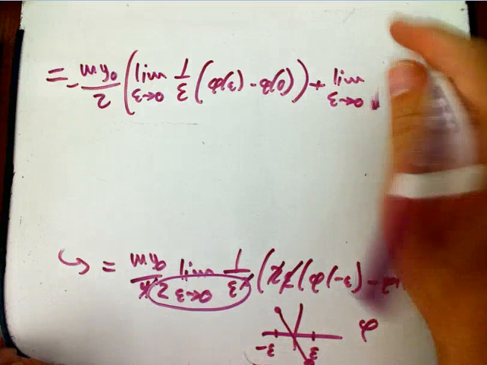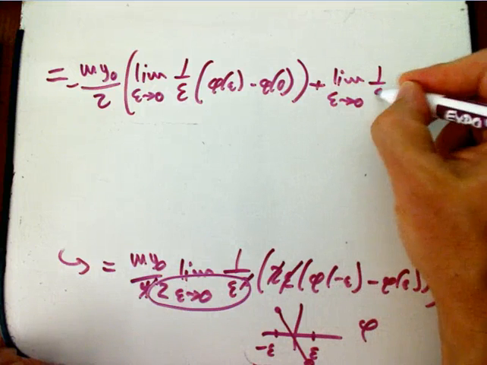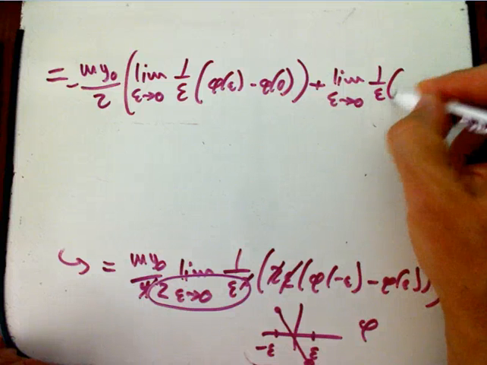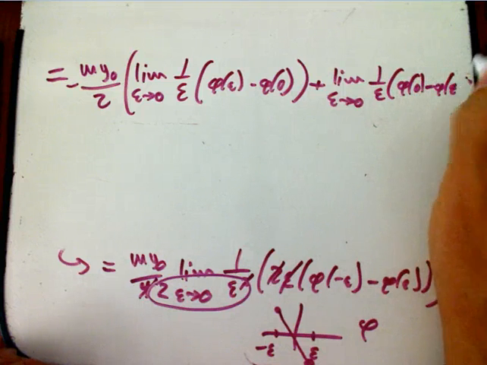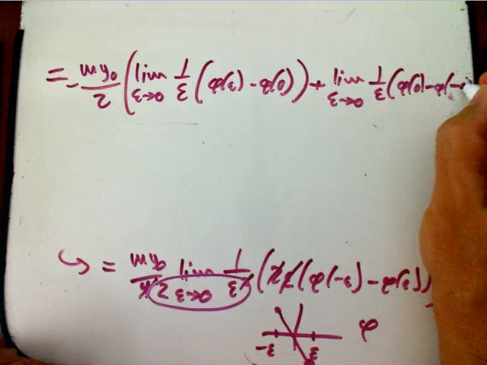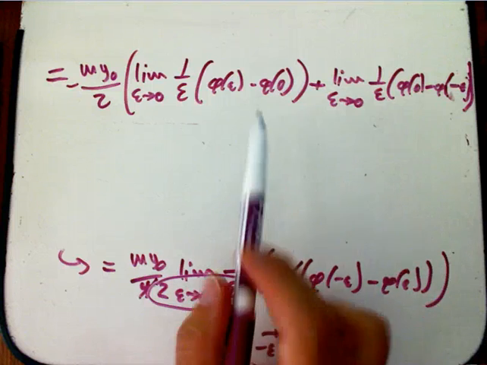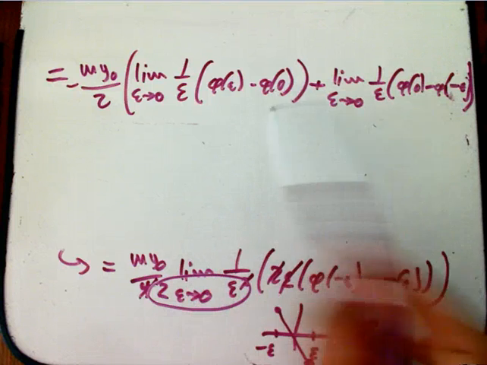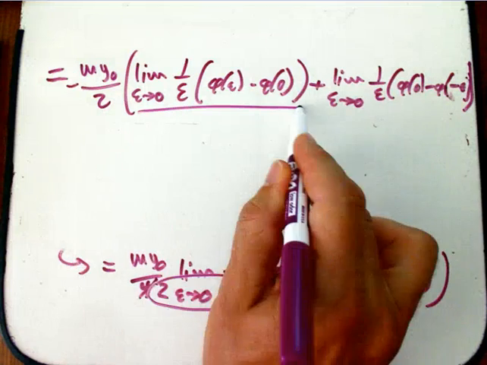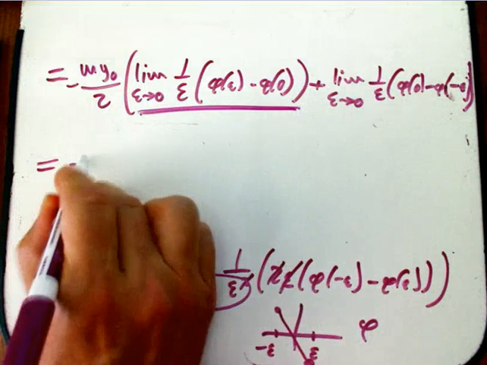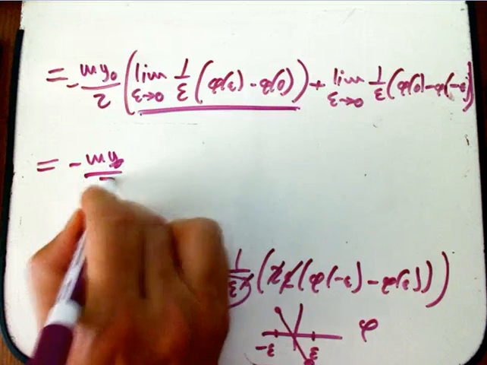So if you're thinking, I'm not sure, I know it looks like a secant slope, and it looks right, except for the minus sign, but is this really right? Oh, and that's a minus epsilon. I think there's 3 parentheses in there. It's hard to fit them in. Okay. All I did was I added and subtracted phi of 0 strategically. Okay. That is definitely the derivative of phi